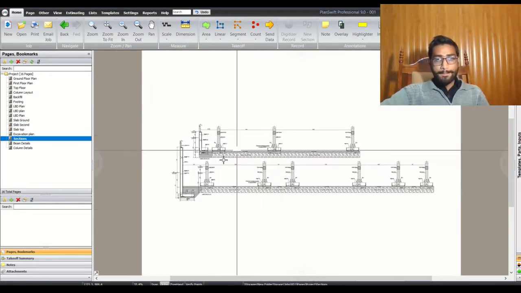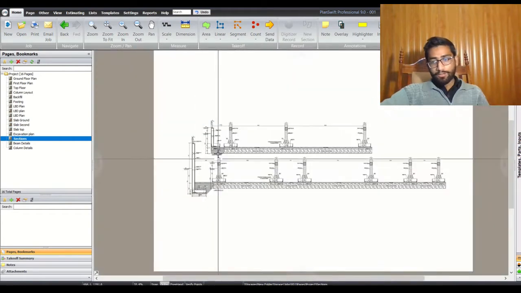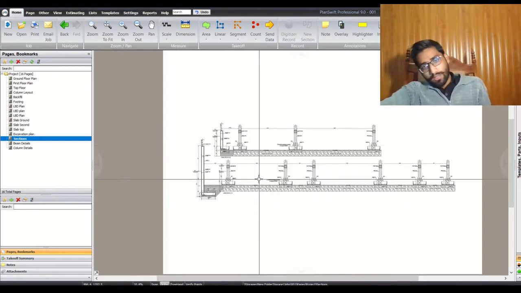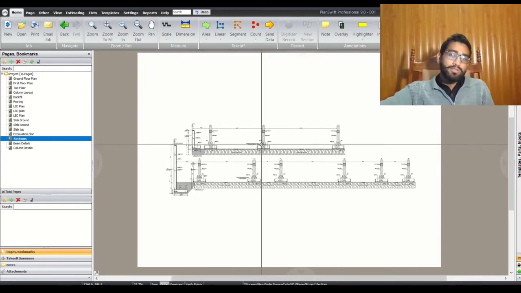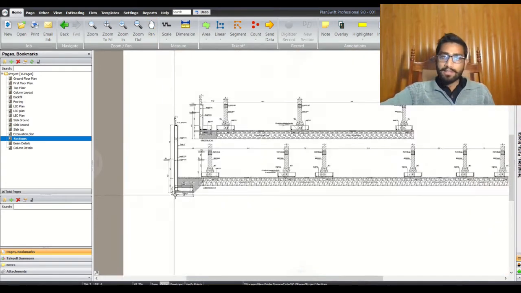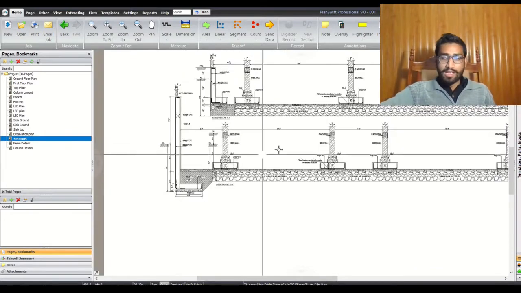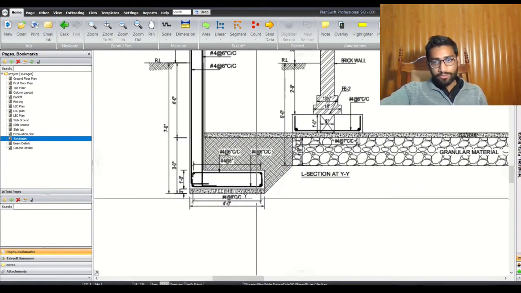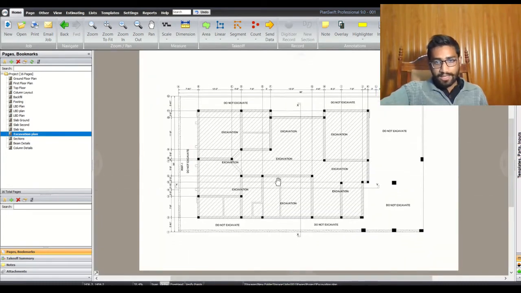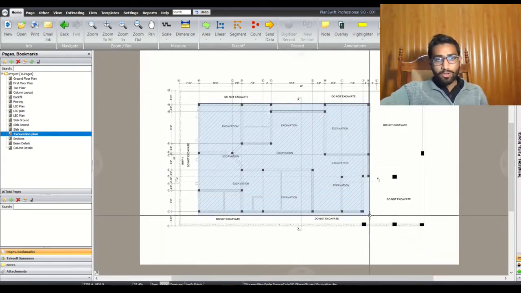Now, if I come back to the sections, that means we need to go down in the west direction, while we will go to the same 5 foot 6 inches level in the direction of south. And again, see that this footing is 7 foot down, and here we will excavate 5 foot 6 inches.